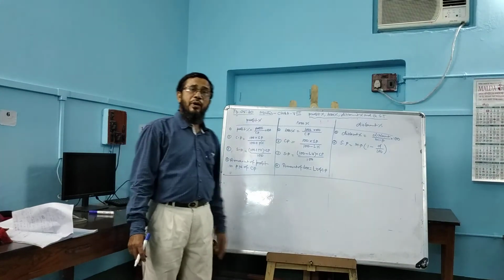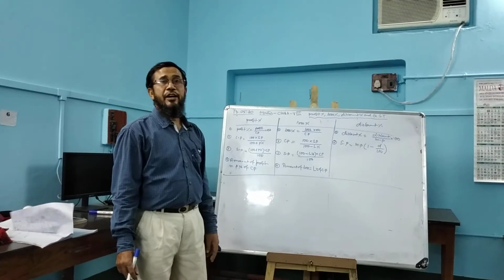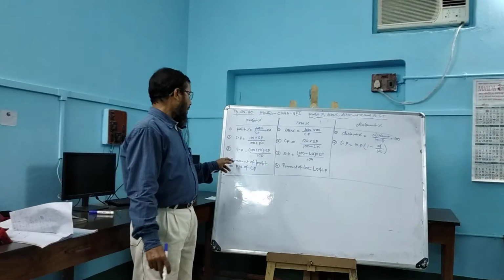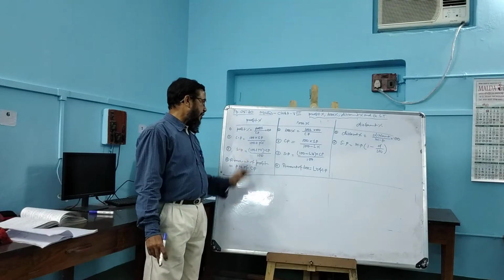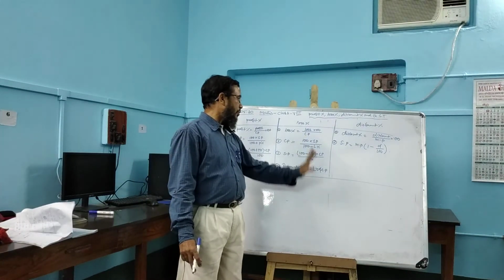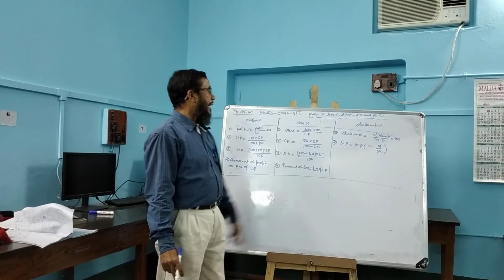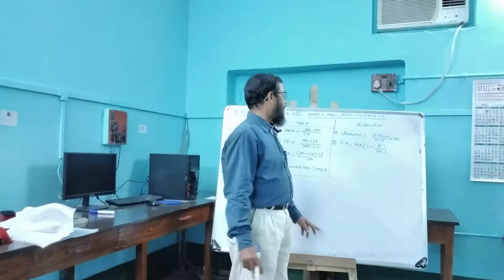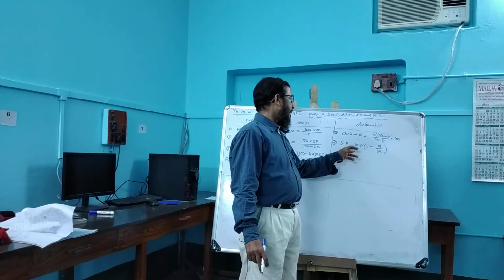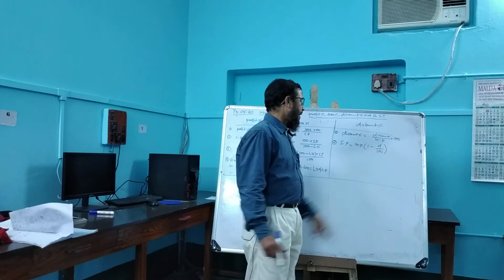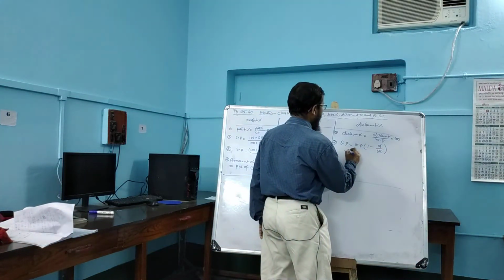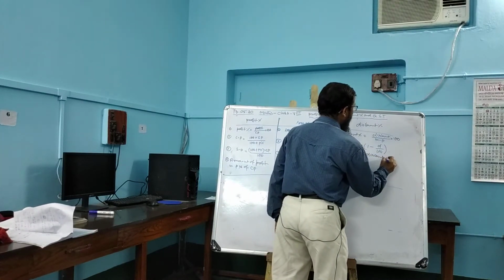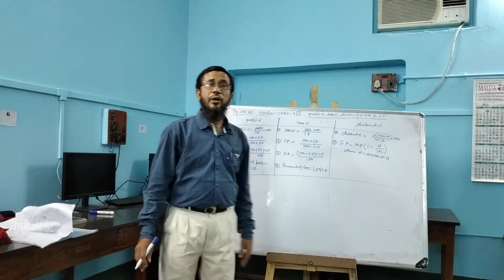From this it is clear to us that both the profit percent and loss percent are calculated on CP, that means cost price. Therefore, amount of profit equals profit percent of CP, and amount of loss equals loss percent of CP. And from discount, SP, that is net price after discount, will be MP into 1 minus D by 100, where D equals discount percent. Already these things are well known to us.